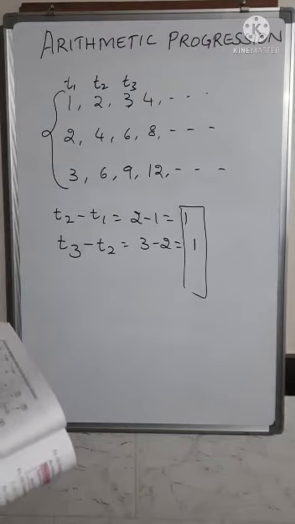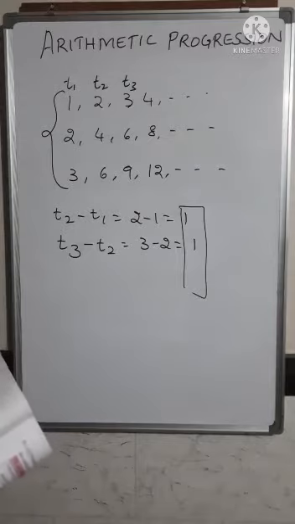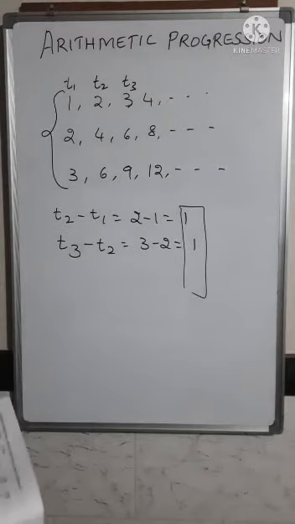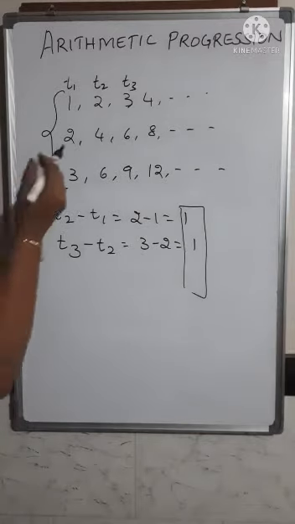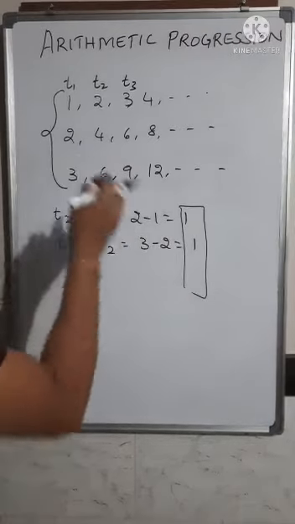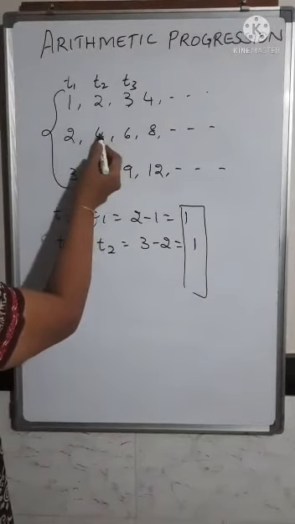You have the definition very clearly given on page number 58. In a given sequence, if the difference between two consecutive terms is constant, then such a sequence you call an arithmetic progression. It's very simple. You only have to find the difference between two consecutive terms. You cannot take the difference between the first and the third term.